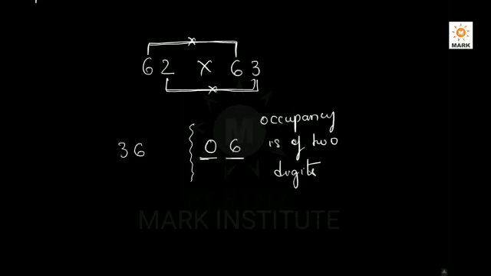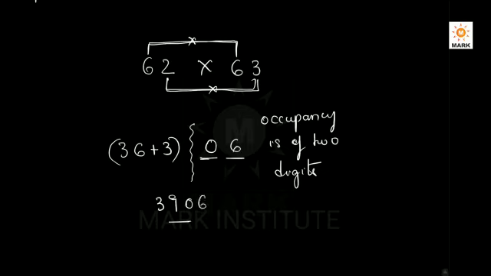Write this 36 here. And after that, what is the half of this number 6 that we are handling? Half of 6 is 3. So add this number to 36. 36 plus 3 is 39. Now you can write the results continuously, 06 directly. So your answer is 3906. If you are practiced enough, it will be very easy for you.